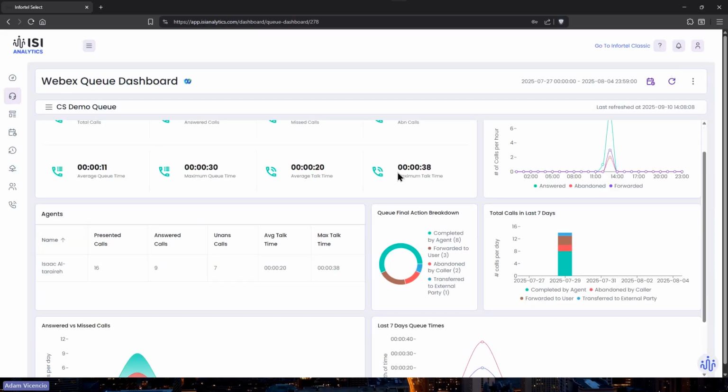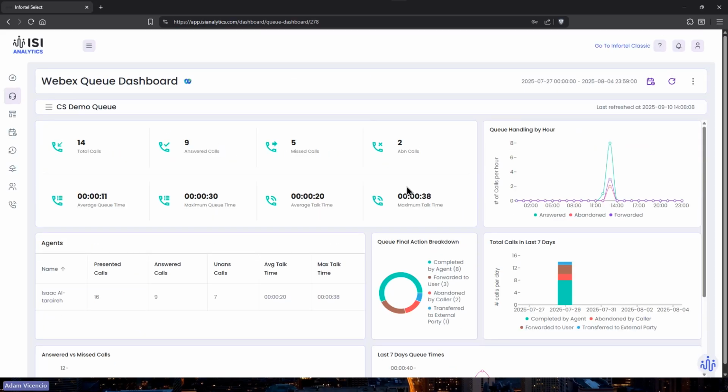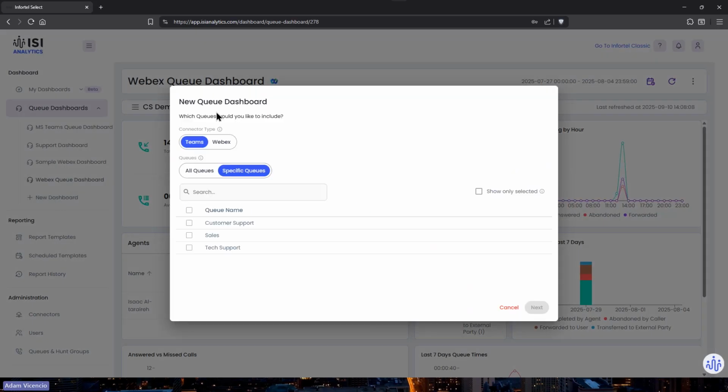Now let's go back and talk about, and this might be a time to refresh, some of the differences, some of the features within the queue dashboard. So let's go ahead and take a moment and expand out, which is going to give us the ability to create a new dashboard. So we're going to push plus. When you have a queue dashboard being added and you have both products, it will ask you which one you want to create it for. So I'm going to select WebEx.